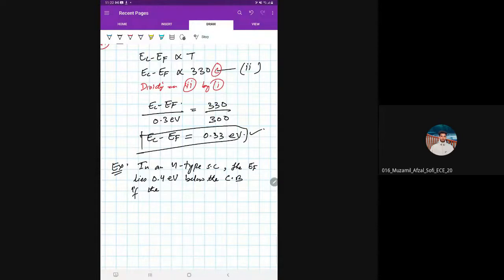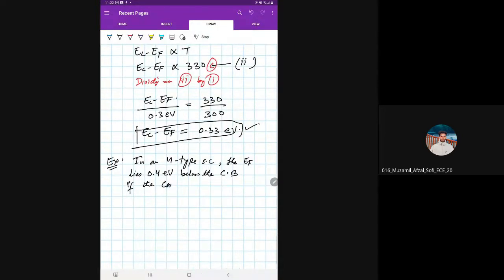If the concentration of donor atoms is doubled,